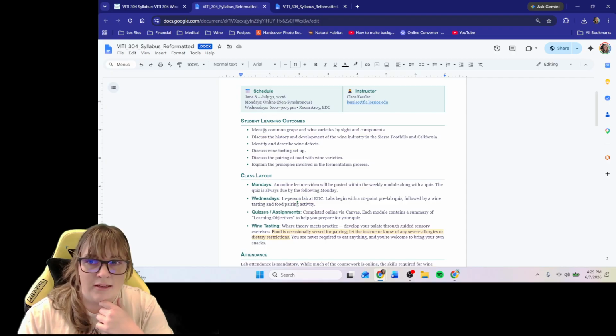So these will be the goals of what you will learn by the time this course is over, right? Identify common grape varieties, grape and wine varieties by site and components. Discuss the history and development of the wine industry in the Sierra foothills and California. Identify and describe wine defects. That's always a fun one. Discuss wine tasting setup. Discuss the pairing of food with wine varieties, and explain the principles involved in the fermentation